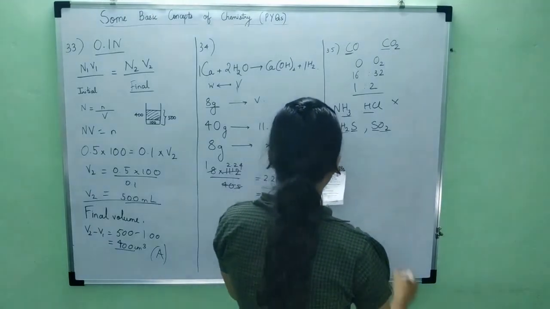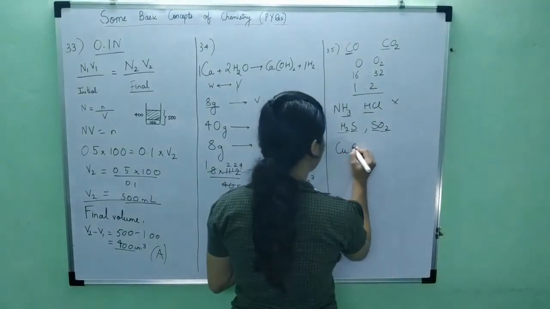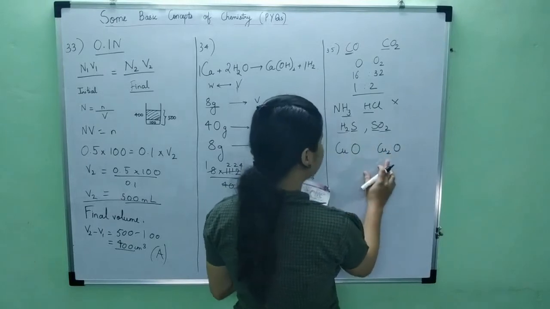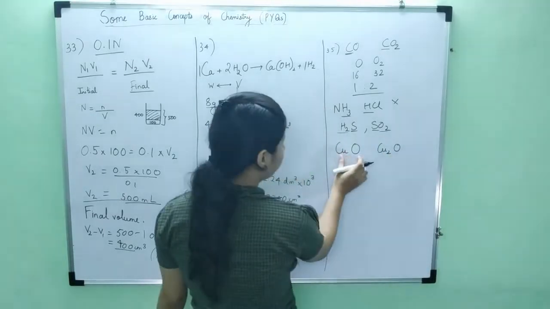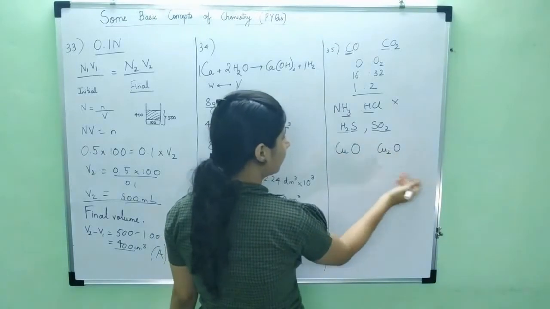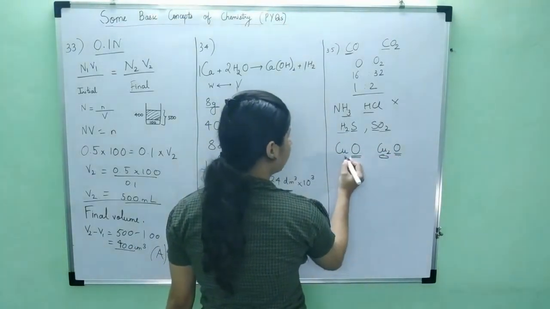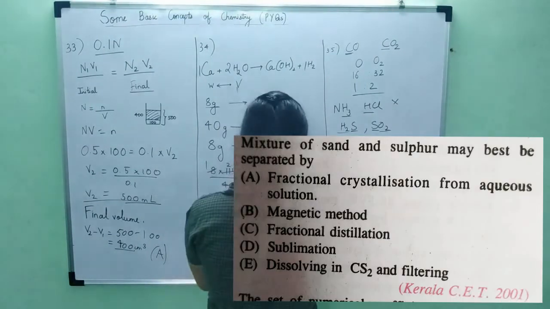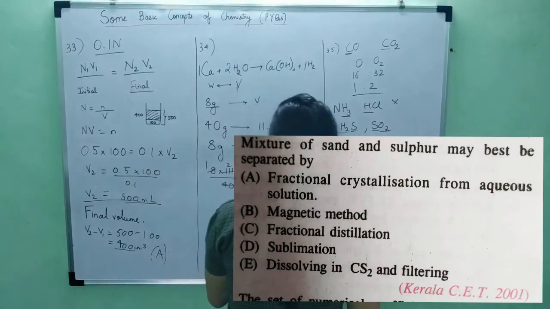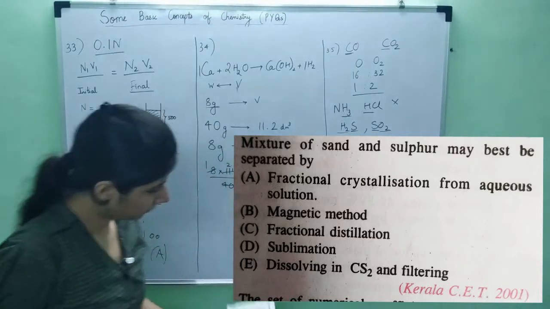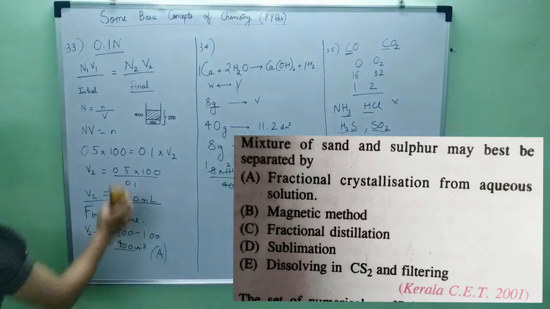The other is copper oxide, cupric oxide and cuprous oxide. So this is actually the answer, because there are same elements and they are forming under two different ratios. What is constant? Oxygen is constant and this part is varying. So what is the answer? C. The other two also do not have the same elements. Okay. Let's look at the other questions.